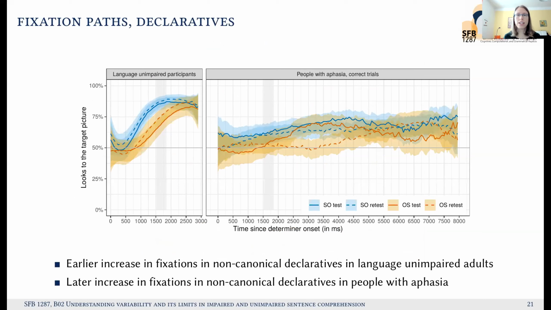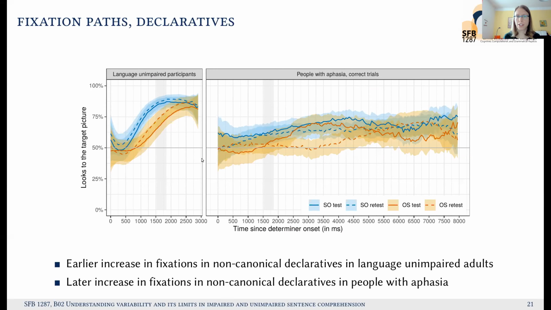Finally, let's take a look at the online results that we got in our visual word eye tracking paradigm. Here you can see on the x-axis the time since the onset of the critical word in the input, and the critical word was the determiner, which had a specific case marking that signaled the word order. On the y-axis, you can see the proportion of looks to the target picture,